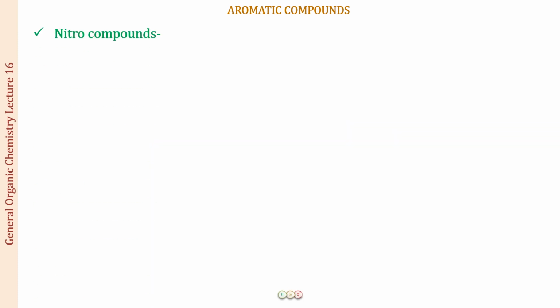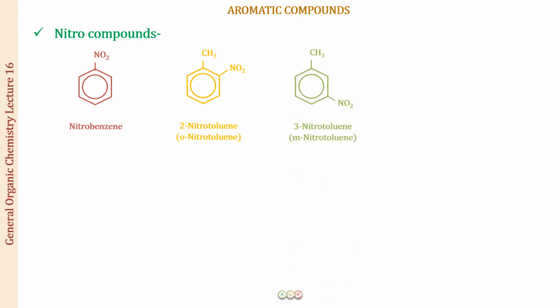So next we have the nitro compounds, the NO2 being there, and it is always going to be a prefix. So it is nitrobenzene. When it is a double substituent, it is 2-nitrotoluene, as you people can see now, and it is very easy for you to understand. Or we call this as orthonitrotoluene. And then we have 3-nitrotoluene or metanitrotoluene. And then we have 4-nitrotoluene or the paranitrotoluene.